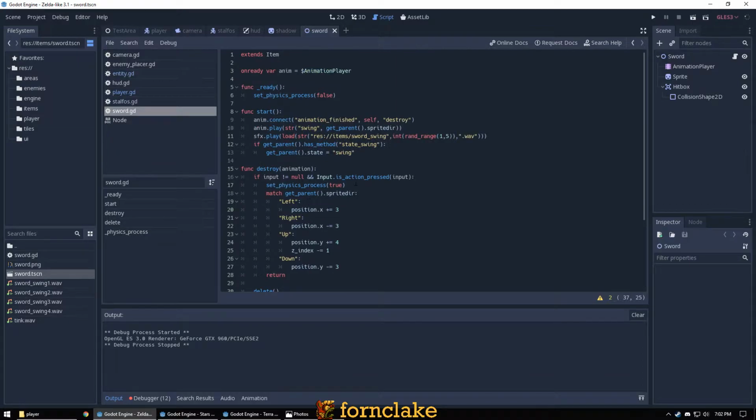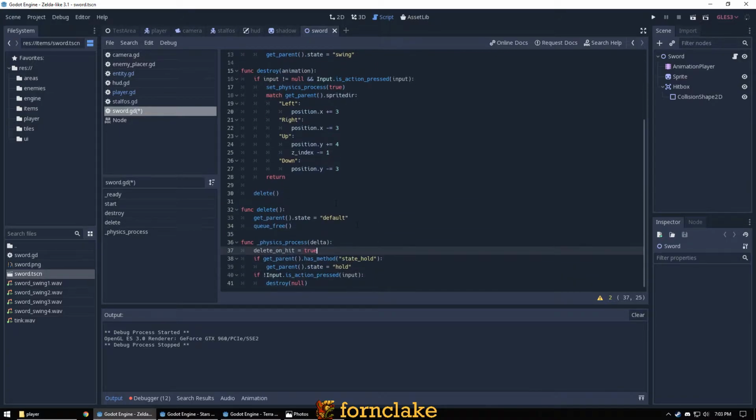We don't have something to set it all the time, because I wasn't expecting to have to do this. Interesting. So here's the issue. We can't set the sword position in physics process, because if this physics process isn't running,